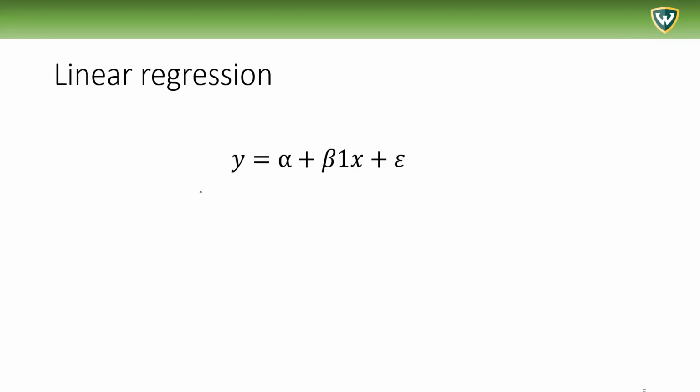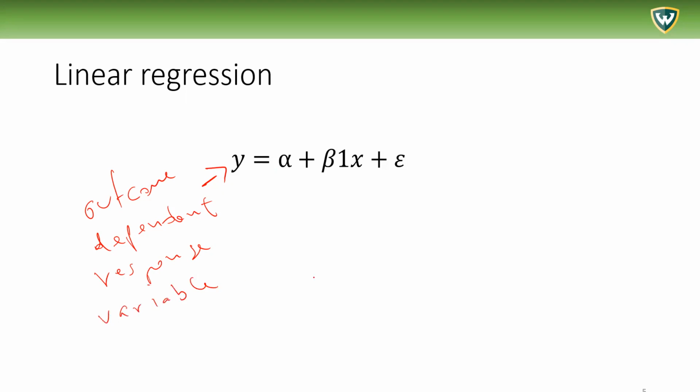First, we have the y. The y is the outcome, also called dependent or response. There's many terms. There's even more terms in this. Outcome, dependent, response variable. It's usually plotted on the y-axis. Alpha here, sometimes called B0, beta 0,